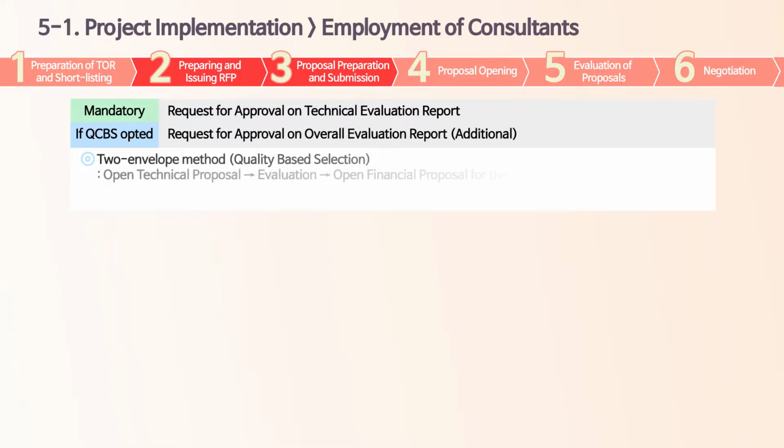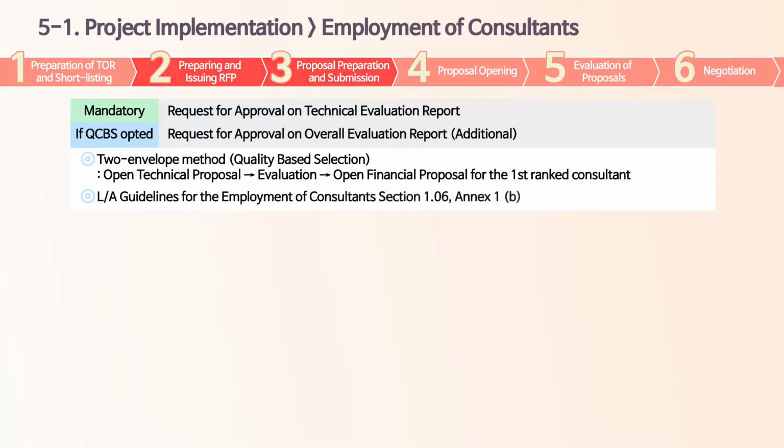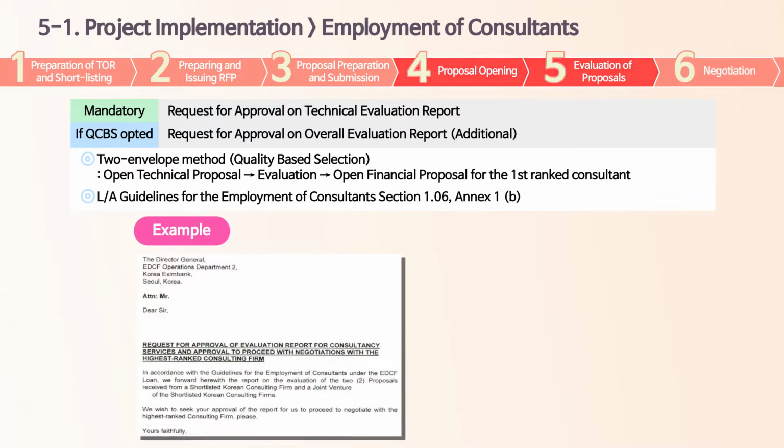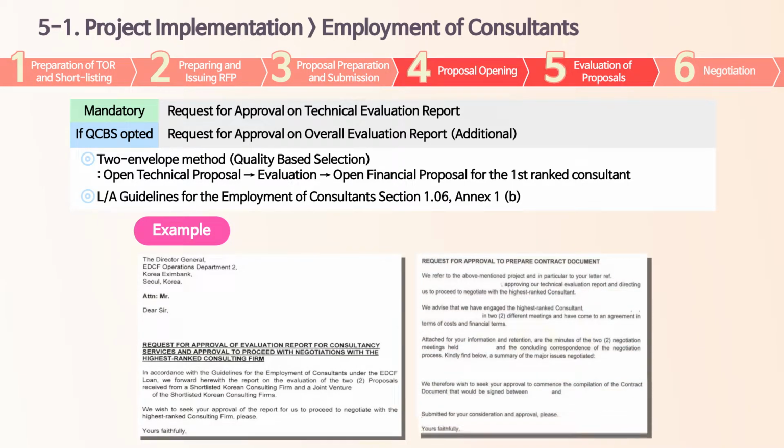Most commonly used for consultant selection is two-envelope, quality-based selection method. Under this method, consulting firms will submit 2 sealed envelopes, each containing technical proposal and financial proposal. After evaluating the technical proposal, PEA is required to submit the result for the technical evaluation along with an official letter requesting EDCF's approval. Please check the sample letter on the left side, and then PEA would open the financial proposal of the consultant